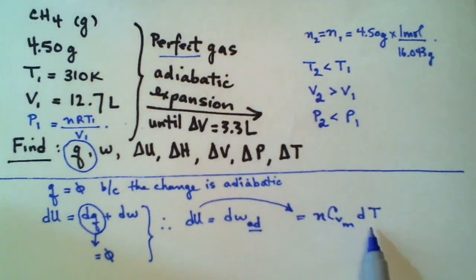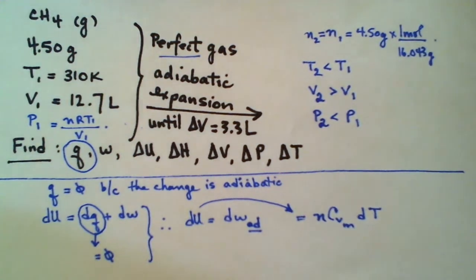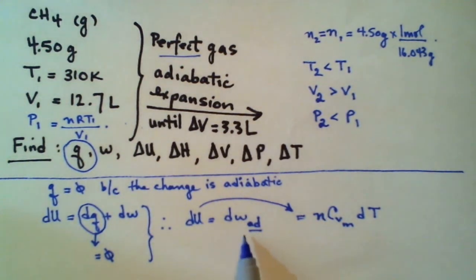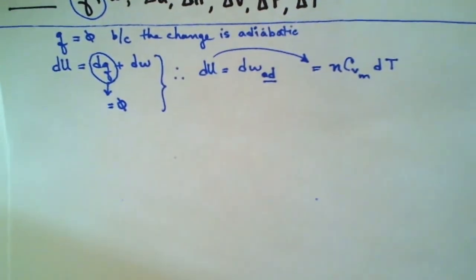Depends on how I'm instructed. And then I would write in delta T, except I only know T1, I don't know T2. And so I kind of halt right there and think I need to find out what T2 is. And so that's when we come back to this statement, and this becomes a starting point for that derivation that we're responsible for.